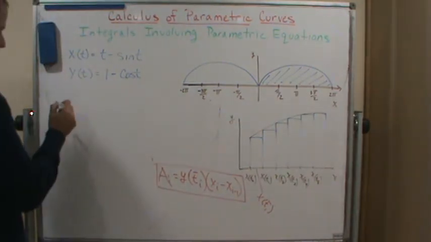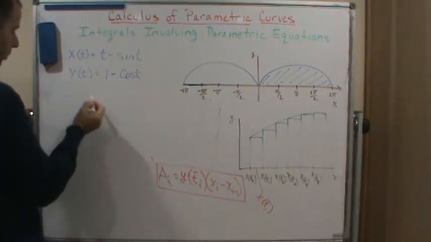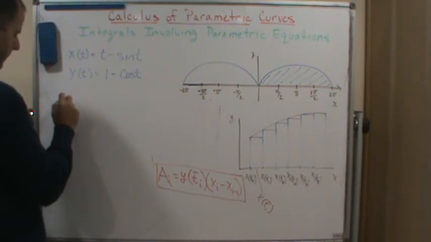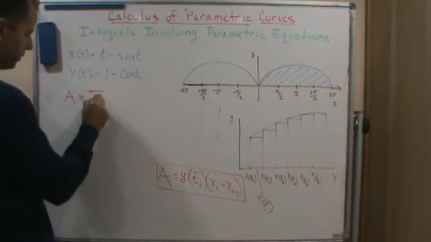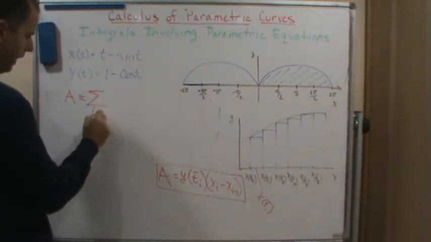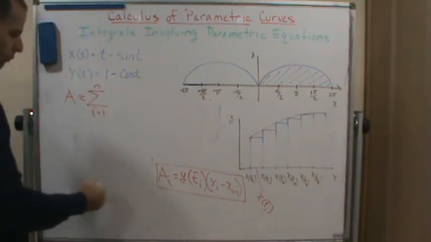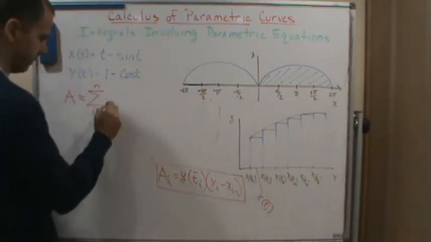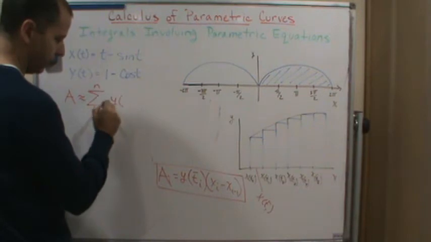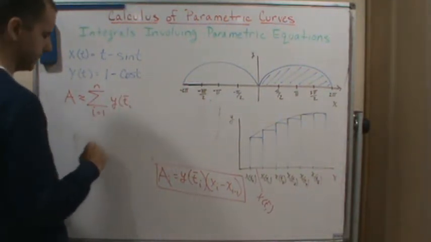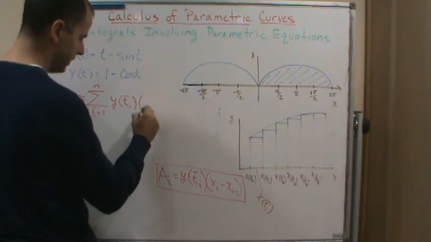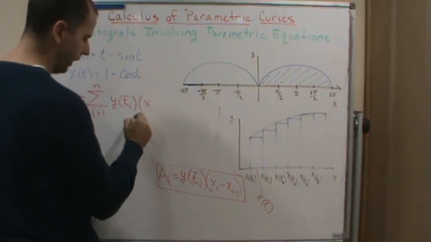Okay? So that means the area is going to be approximated by the Riemann sum, which is the sum for i equals 1 to n of what? Of this. So it's going to be y of t bar sub i times x,